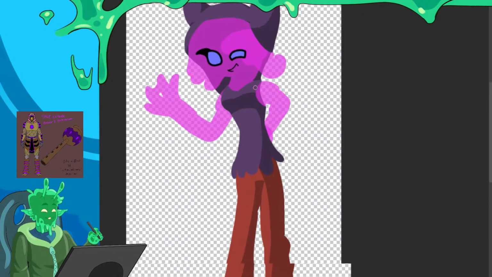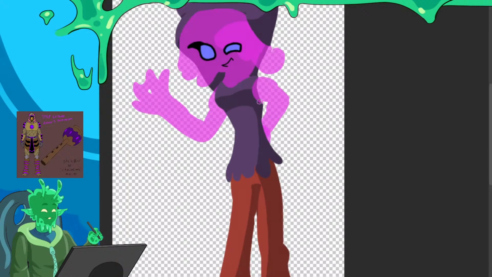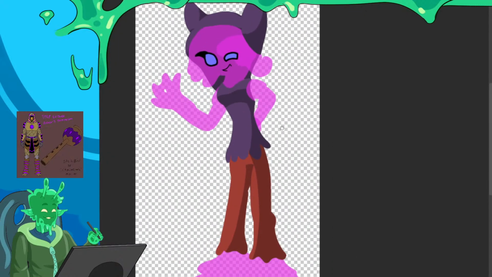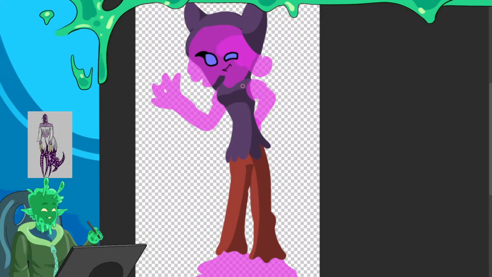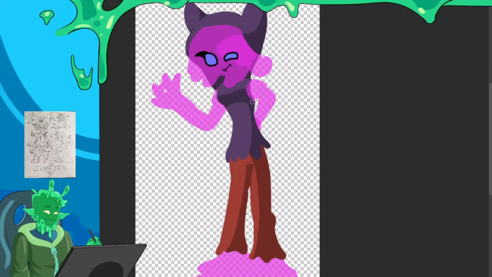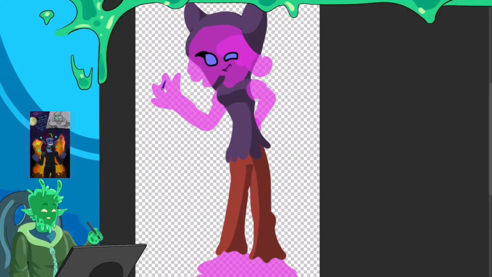This is a very unique one, which I like a lot. I like that people went nuts with it and made their own OC almost out of it. I feel like this could almost be a side character in this little world universe that I have, but it works very well as its own thing for me as well. I like that you get the blue eyes, and I like this little strand of goo holding the fingers together. That's nice.